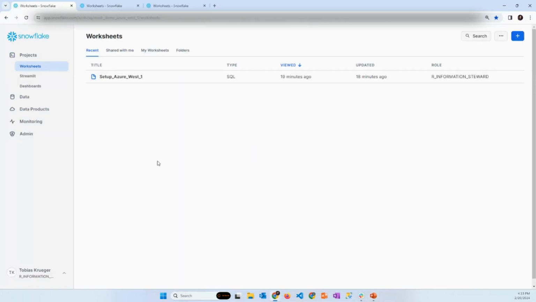Great. Okay, so let's jump into the topic. What I brought you today are three different accounts that we have. We have one in Azure West 1, we have one in Azure West 2, and then we have a third one, which is in AWS EU1. Maybe let's start by kicking off with the setup of this. If you are wondering at which account we currently are, I named the worksheets that we're working on with the respective name of the account.